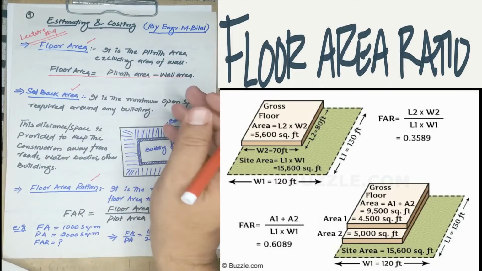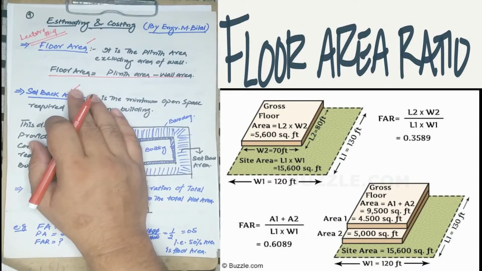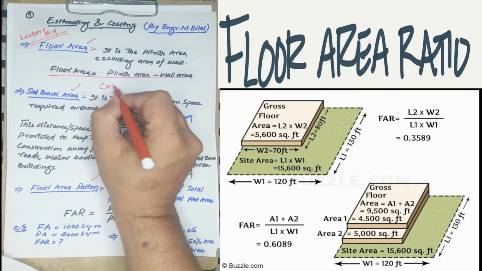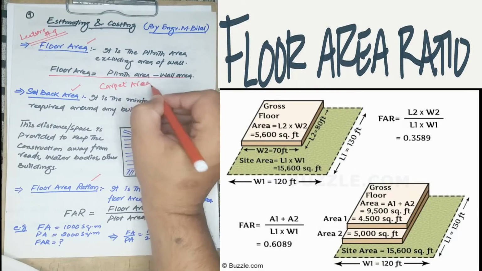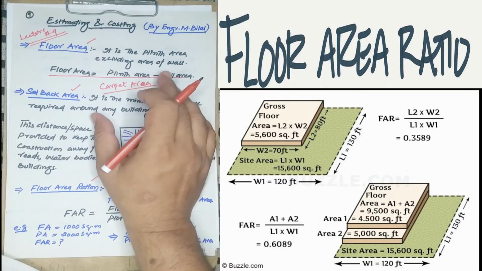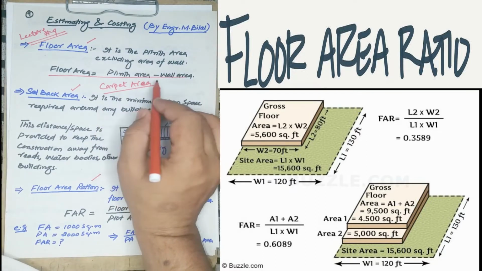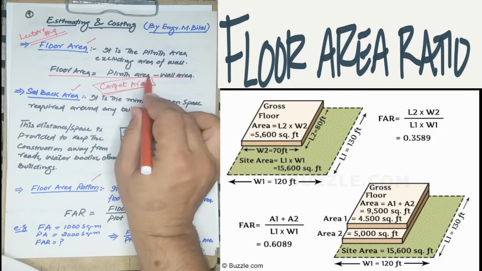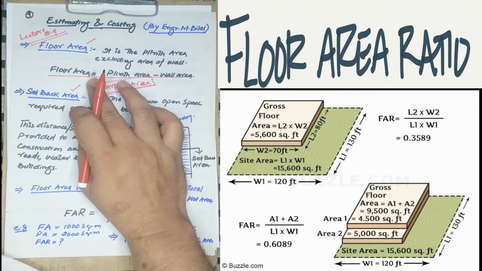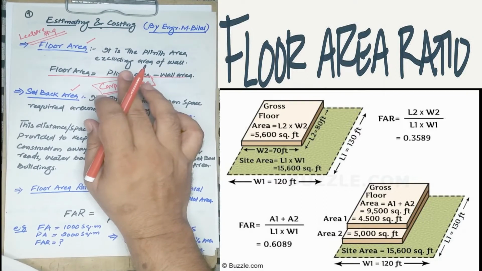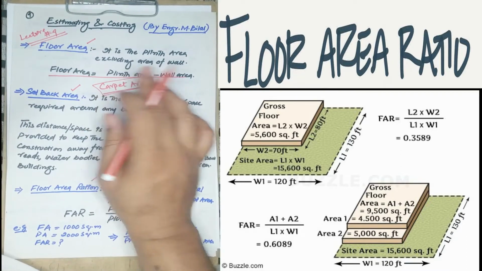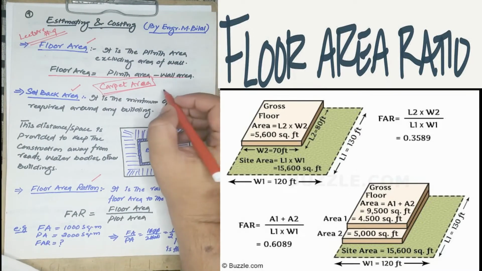Now you will ask what the difference is between floor area and carpet area. In carpet area, the area where the carpet is not admissible is not included, while in floor area, the area where any type of floor is available is called floor area. Let's suppose the veranda,